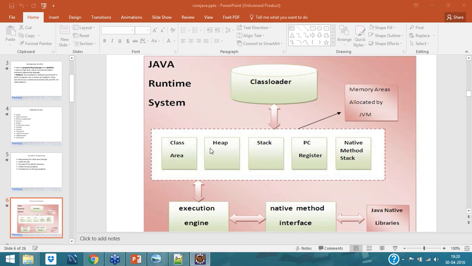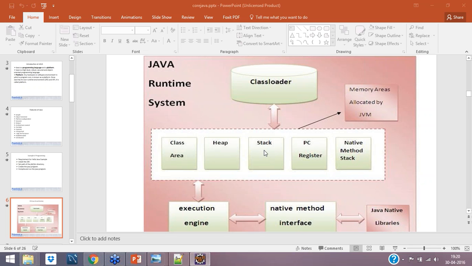Let's say I have 99 classes, and I'm using those 99 classes throughout my application. I may have something like 1000 objects at a time. All these objects will get maintained here. Let's say I'm having methods and objects, everything there, mixed. I'll not be able to understand which one is my method and so on. So it's separated. This is my stack.